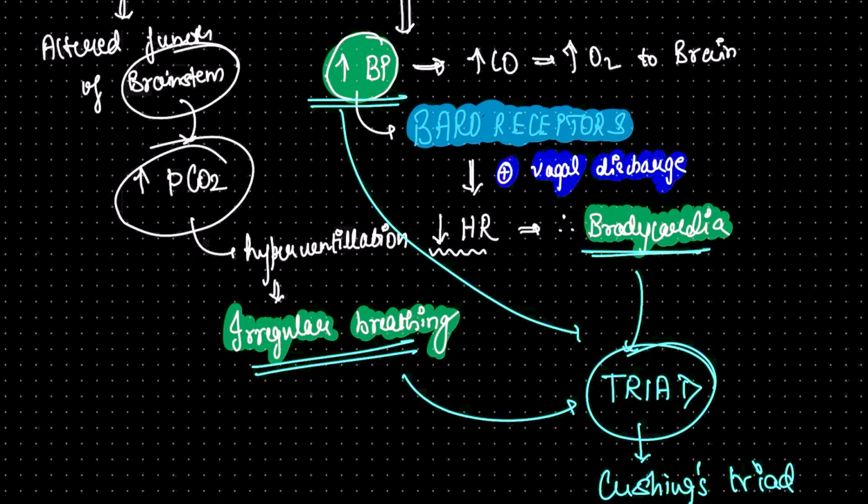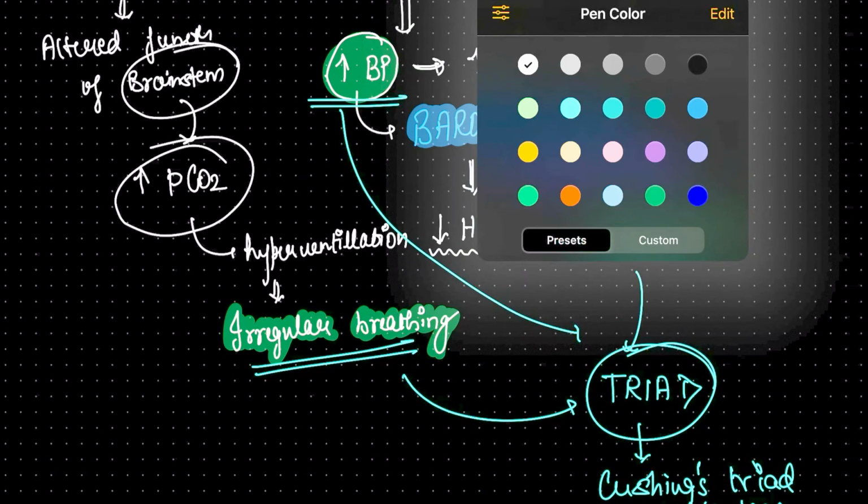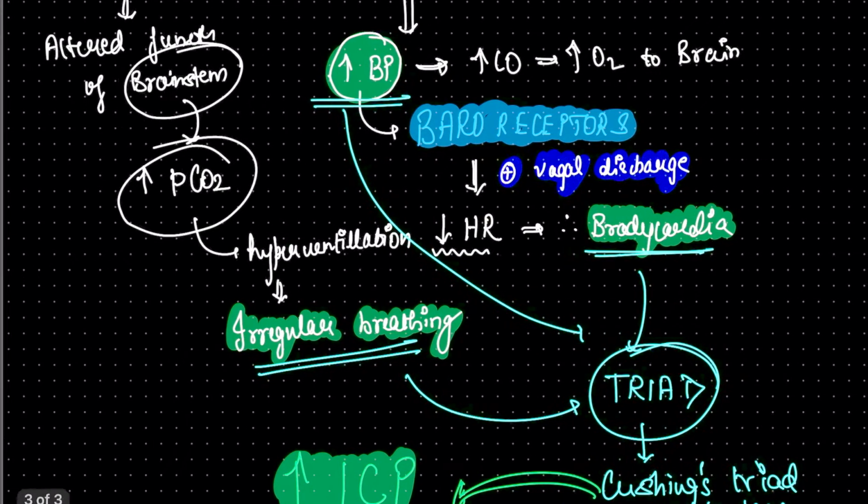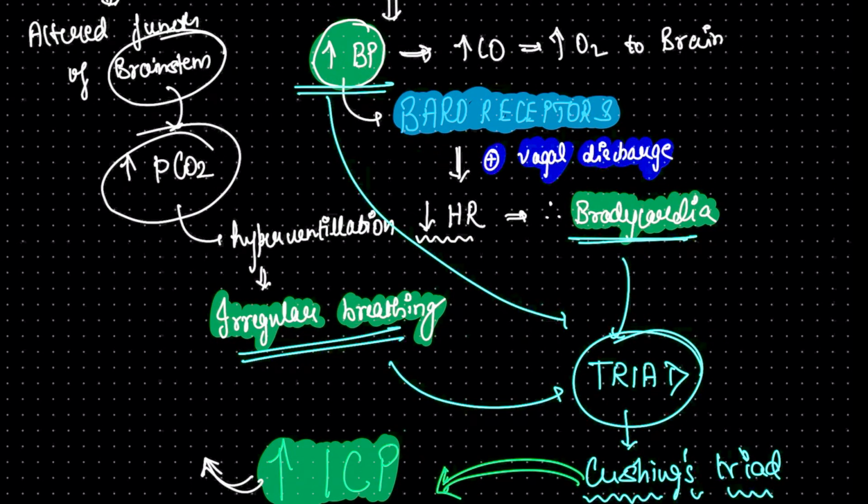And this is how you interpret a head trauma patient. The vitals, the important signs, make a triad. That is Cushing's triad, and there is only one etiology for Cushing's triad, and that is, yes, please guess it, nothing but increased intracranial pressure. This increased intracranial pressure is the only thing that is leading to this. So if you want to manage this patient, and if you somehow control this increased intracranial pressure, you can make him stable. Now you can see that if you give the patient what are known as osmotic diuretics.